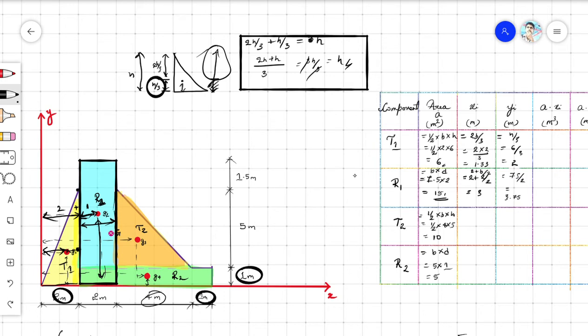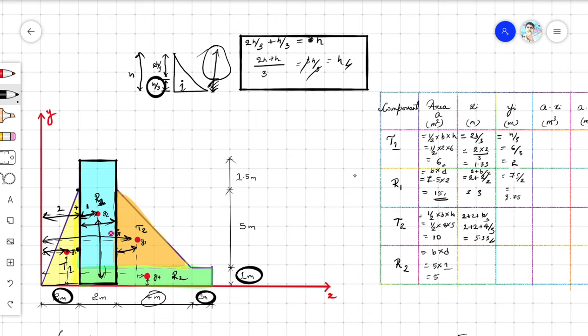And the last part is this triangle. We have to find this distance again. First we have to find this distance, and it is touching from the base to that point. From the base to that point, that is base by 3, and adding this 2 plus 2. So this will be 2 plus 2 plus base by 3, and we know that base is 4. So it is 2 plus 2 plus 4 by 3, that is 5.33.